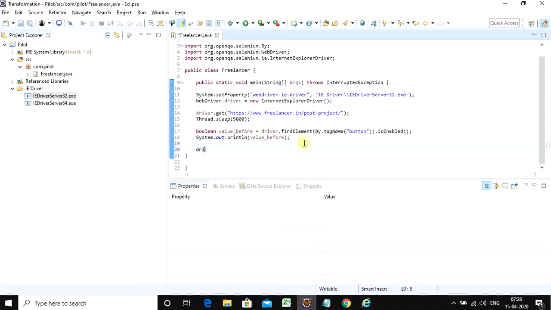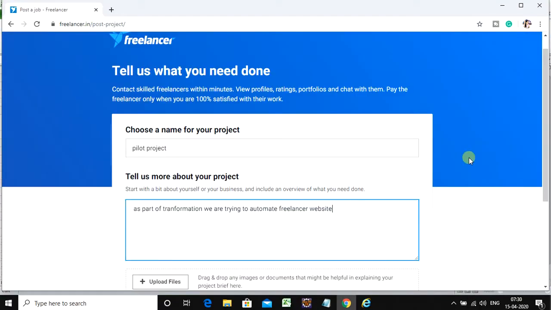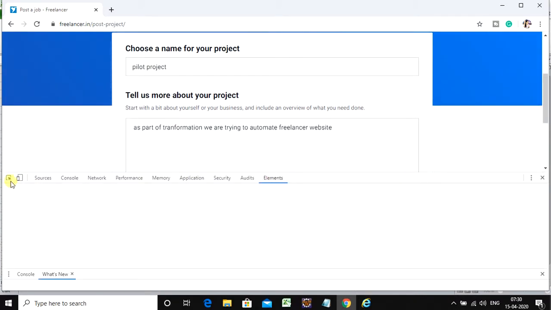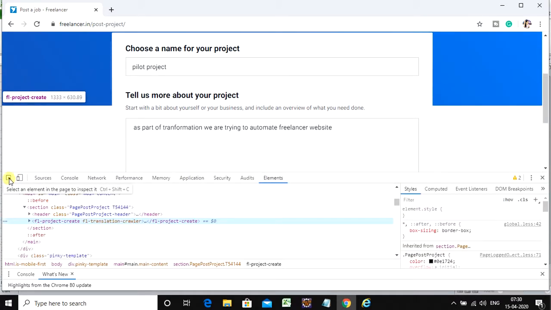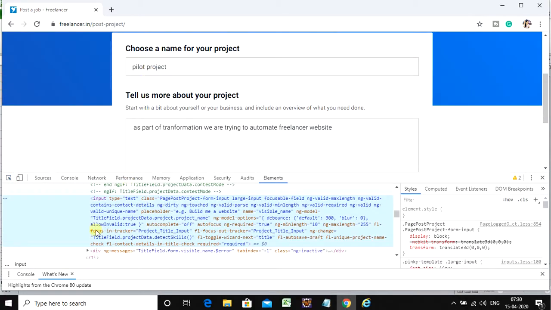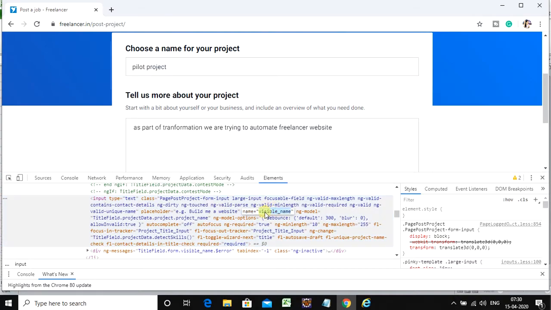Now we will inspect the first input field. In the first input field, we have a tag name input and we have a name attribute with the value visible name.